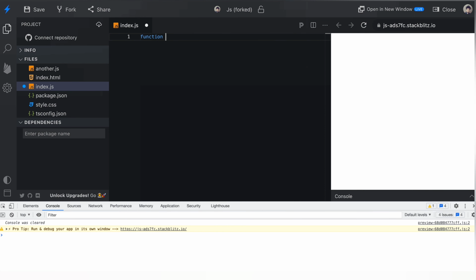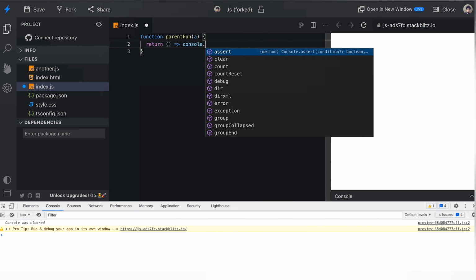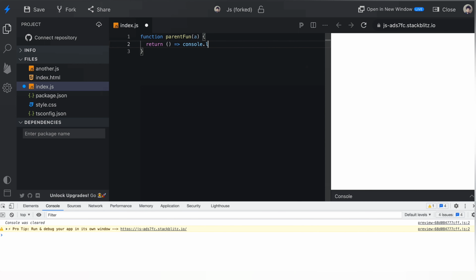Okay, suppose that we have a function, right, and we are passing some argument a. Okay, and we are returning it. Suppose that we are taking a parent function, and we are returning a child function which is console logging the a.